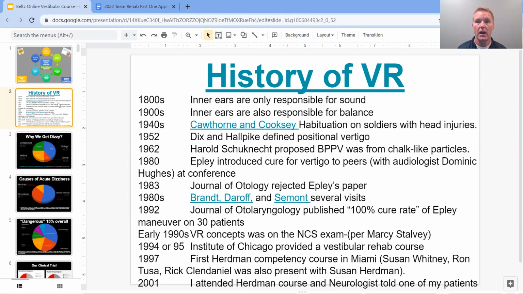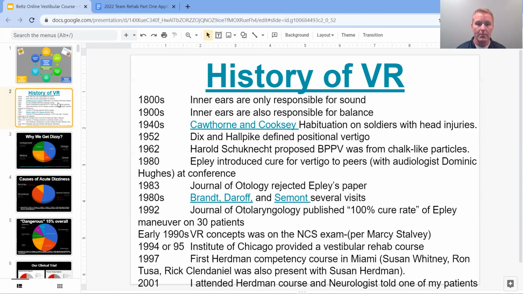If you have them move their eyes and move their heads in a certain organized manner, repetitively over and over, that will actually help people feel better. Then in 1952, two individuals named Dix and Hallpike learned that there is this type of vertigo that is related to positional changes. Then in 1962, Harold, I won't even try to pronounce his last name, Schuknecht, proposed that this positional vertigo was from chalk-like particles that could be inside the inner ear, but we still weren't sure what